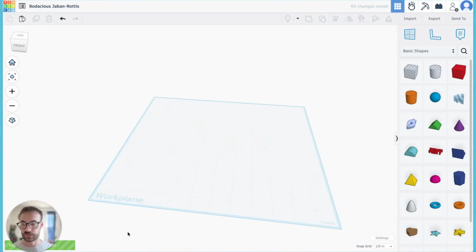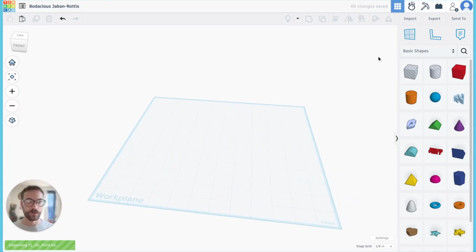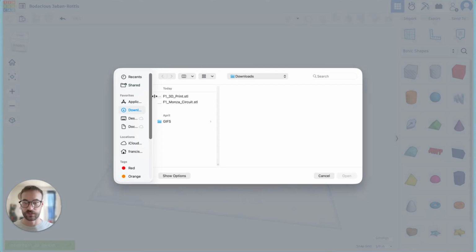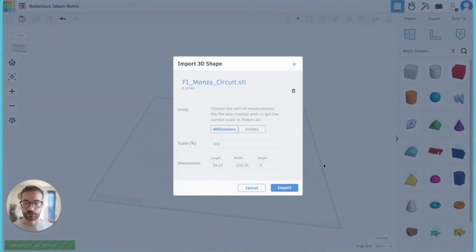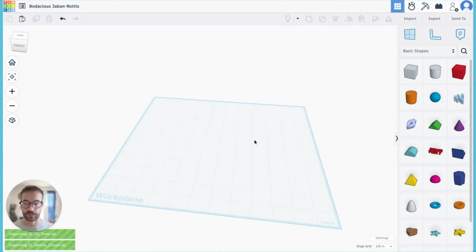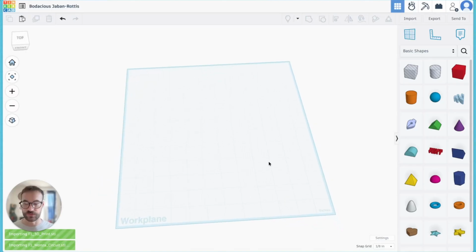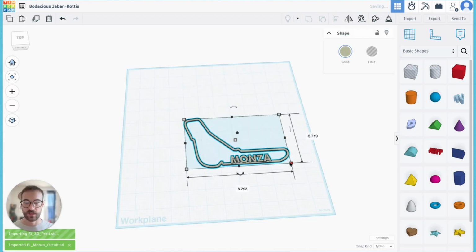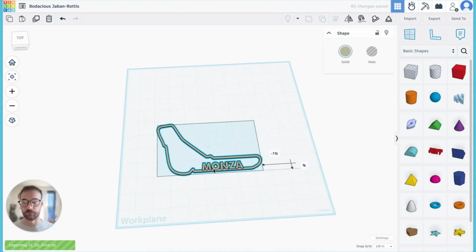We're just going to let this upload. We can try importing our other one as well. And yeah, you can start two imports at the same time, and it'll import them as it can. So we've got our first file here, which is the track file, and then we're just waiting for the